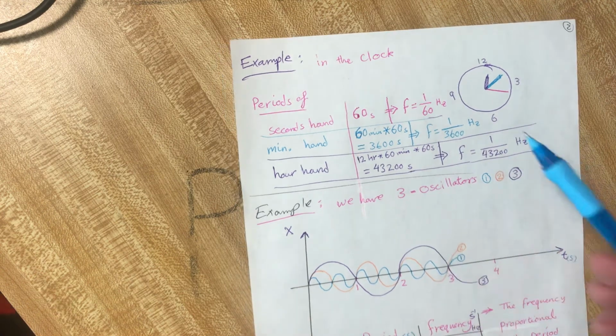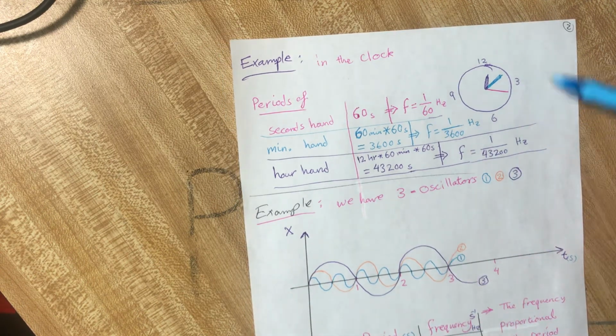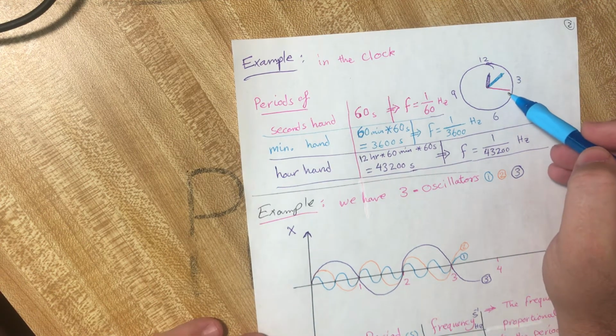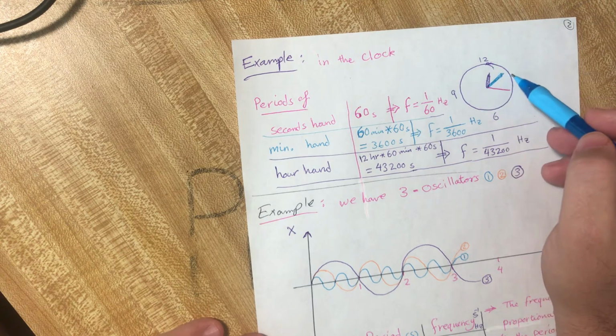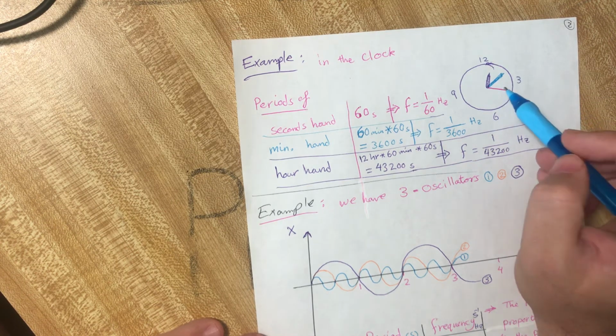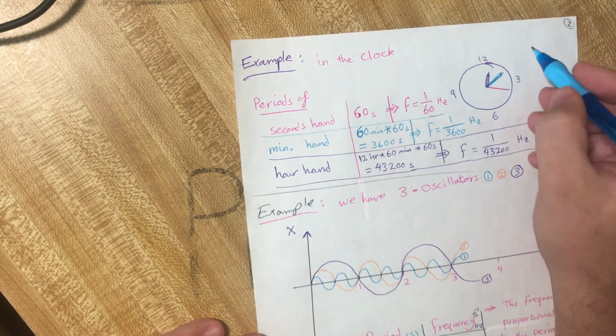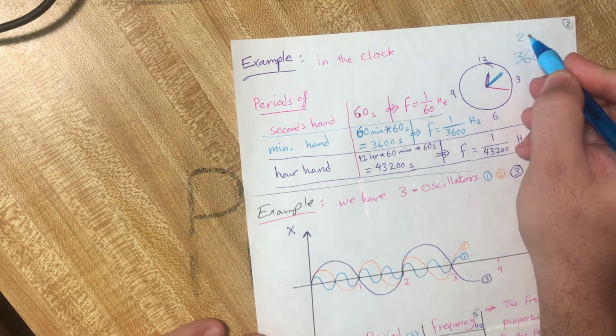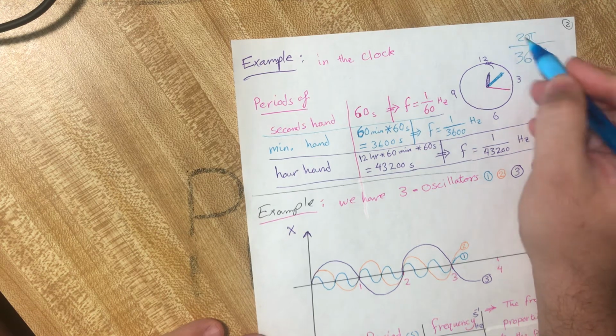So these hands are rotating, and they make a periodic motion. What is the period for each one of them? The period is the time that each hand takes to rotate a total round, which is 360 degrees or 2 pi in radians. Okay,